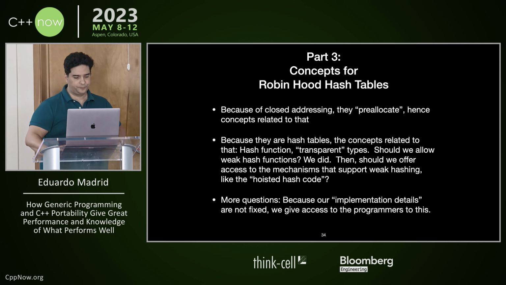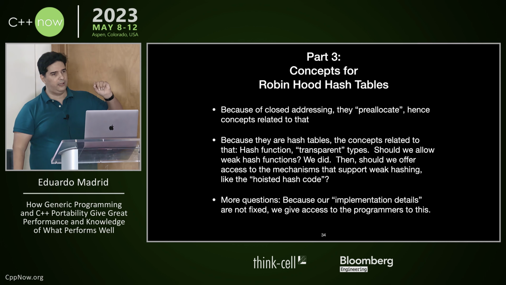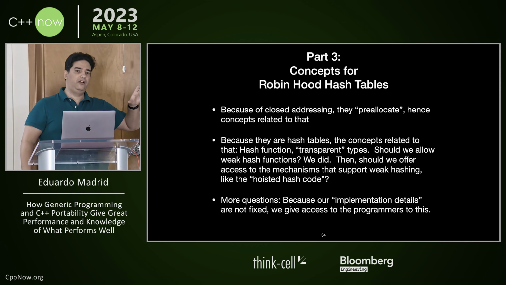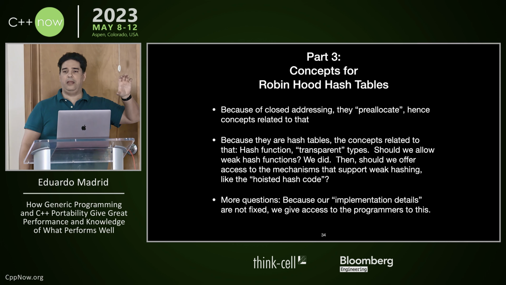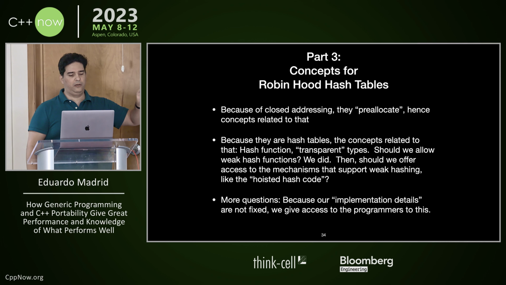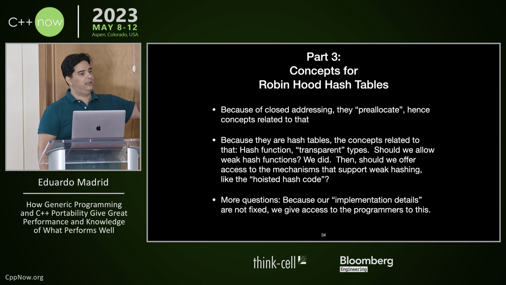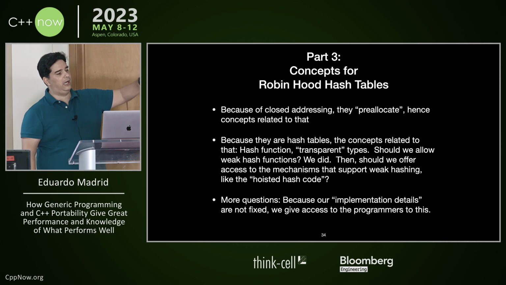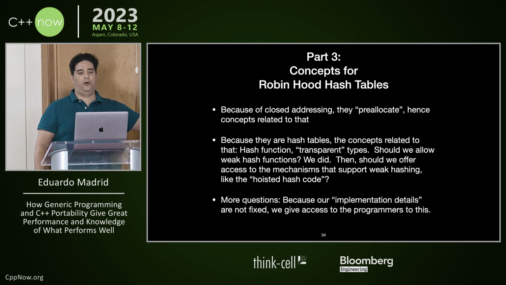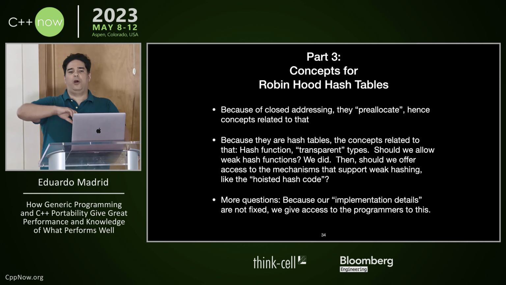But here we go. If you remember your algorithms classes, there is something called open addressing and closed addressing. And the Robin Hood hash tables are those that use closed addressing, meaning that you are not going to be allocating